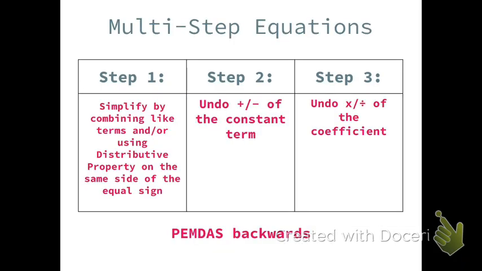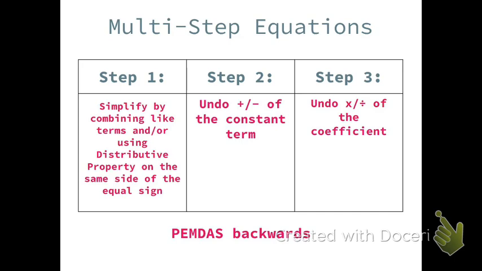Next up, we're going to add some multi-step, or really more specifically probably two-step equations here. What's going to happen is that we're just going to add an extra step where first we have to simplify both sides of the equation. So you might have some like terms to combine, or you might have to use the distributive property before you can start